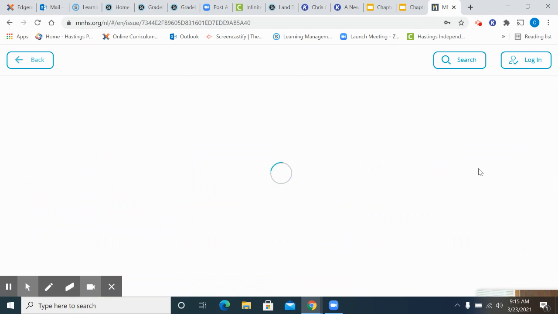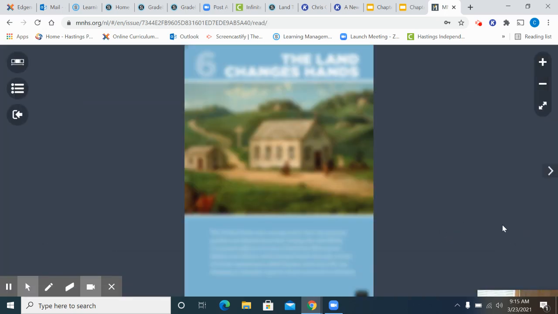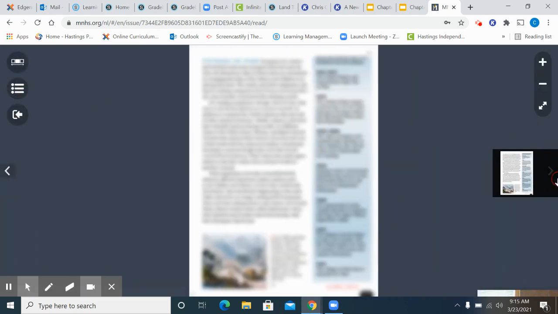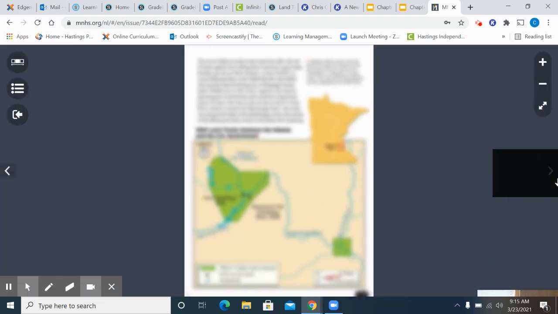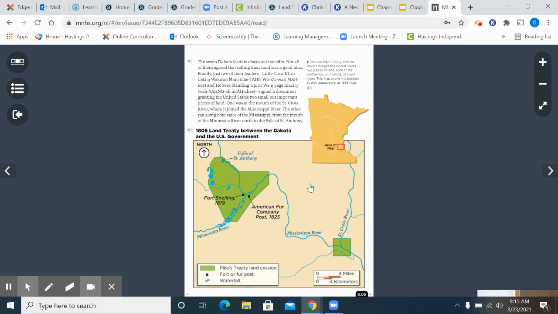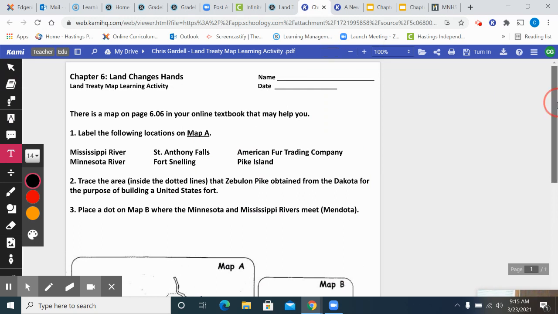I'm already logged into our Northern Lights textbook, and so I just want to quickly show you what page 6.06 looks like. And I'll just get to that very quickly. Boom, there it is. Okay, so you're going to use this map to help you. You might need to utilize a different map as well to help, but what you're going to do is simply